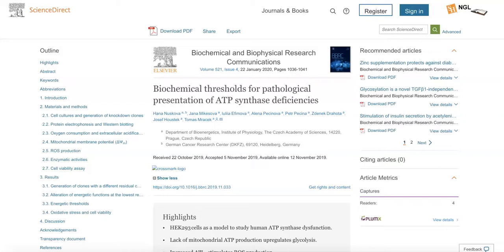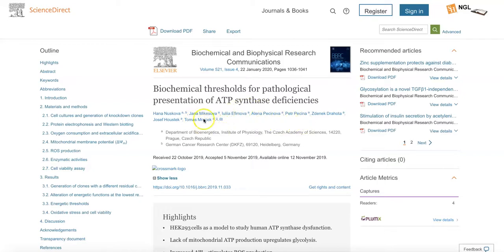I will be talking about this article that I will be using for my protein research paper, which is over ATP synthase. The title for this article is Biochemical Thresholds for Pathological Presentation of ATP Synthase Deficiencies. It has a couple of authors, and some of them include Hana Nůsková, Jana Míkisová, Yulia Efimova, Alina Pecinová. Hopefully I'm pronouncing them right, and it has a couple more that I don't know how to pronounce, but